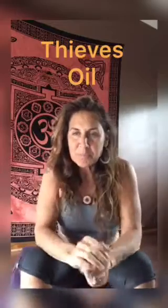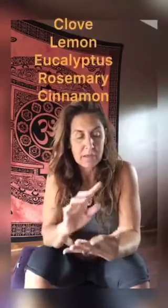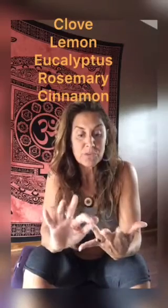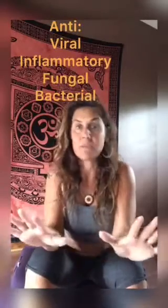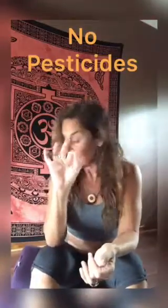You don't have to be a scientist to know that these things are really, really good for you. Okay, so Thieves Oil, we all know that's clove, lemon, eucalyptus, rosemary, and cinnamon, all anti-inflammatory, antifungal, antiviral oils in and of themselves. And these are pure, of course, which you've heard me say 100 million times. No pesticides on these crops, picked at exact ripeness and alive. So these are living